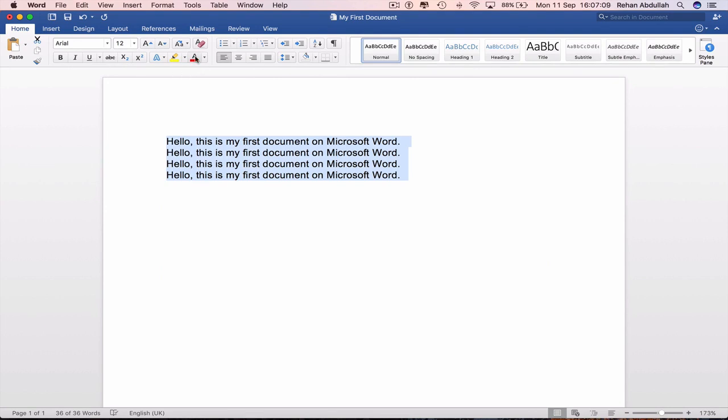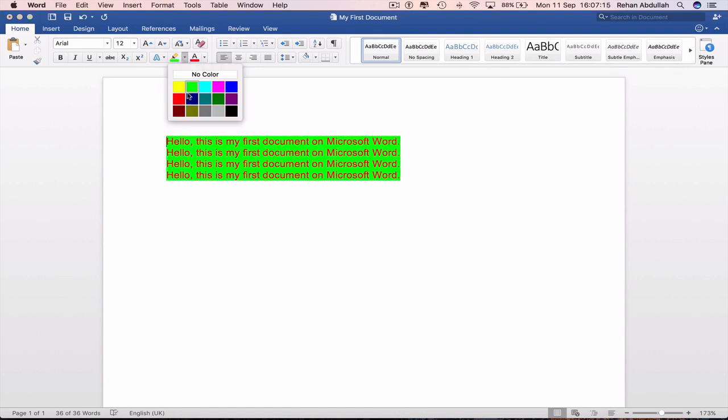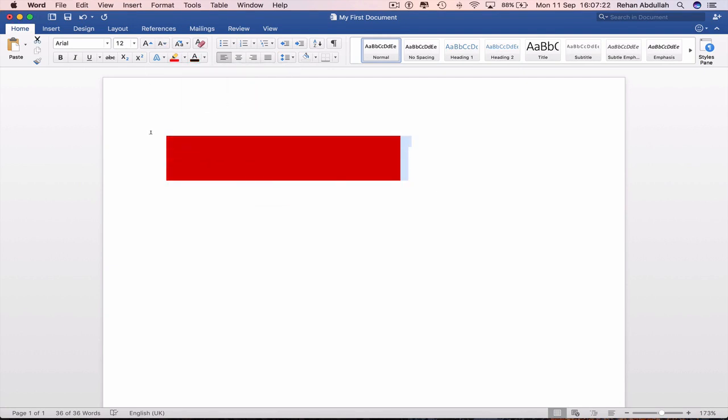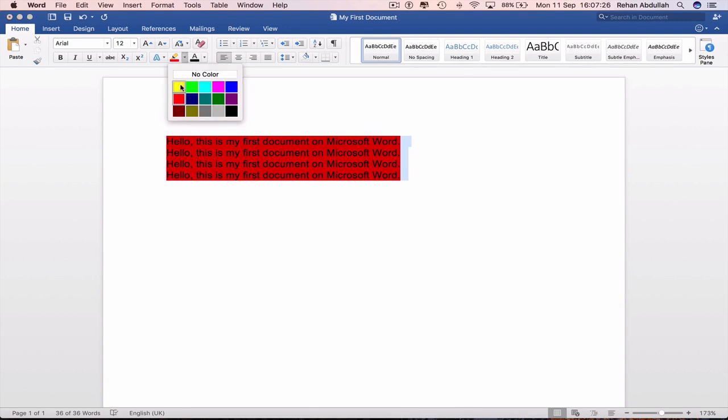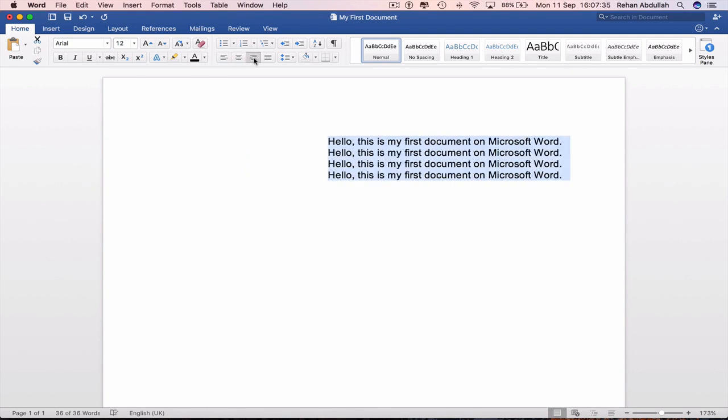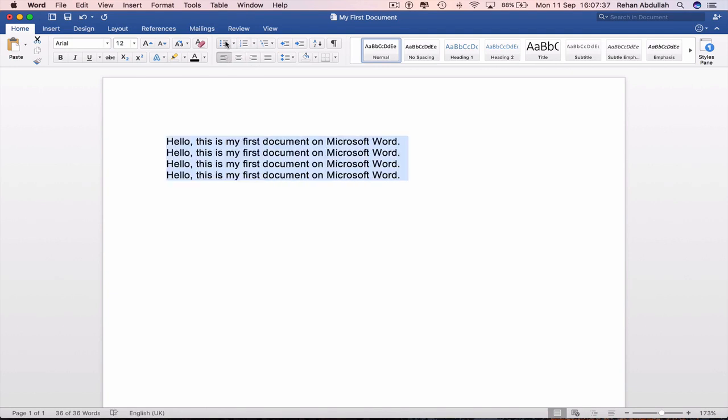We can change the color to red. We can also highlight it to all green or red in this case, but we won't be able to see that. So if I just go back to black, so it's black on red and no color. Okay, and so I can put this into the middle, the right, put this to the left, bullet point or numbers,